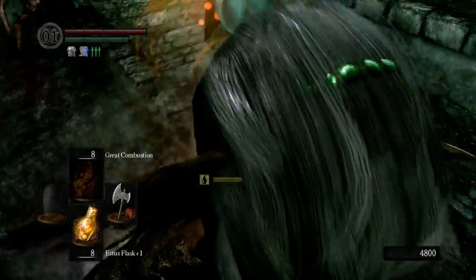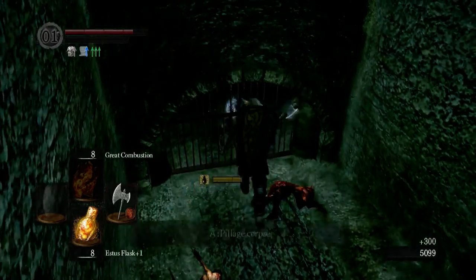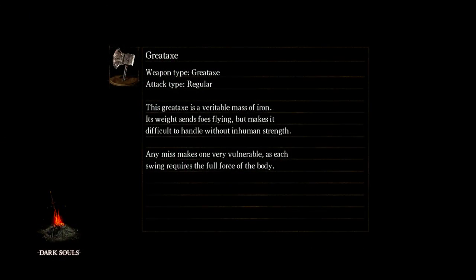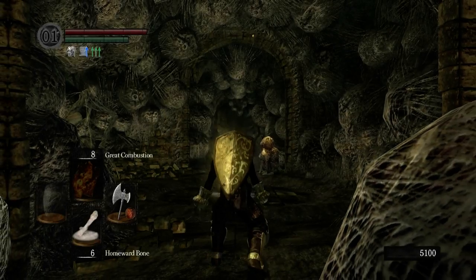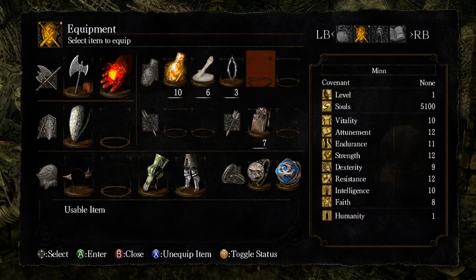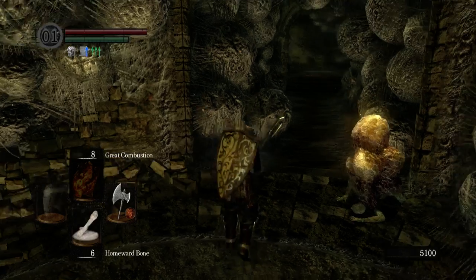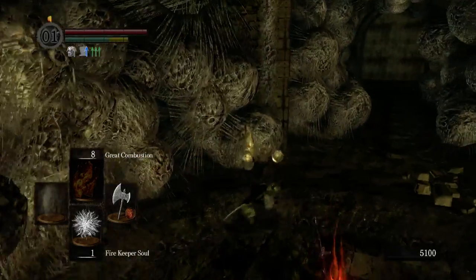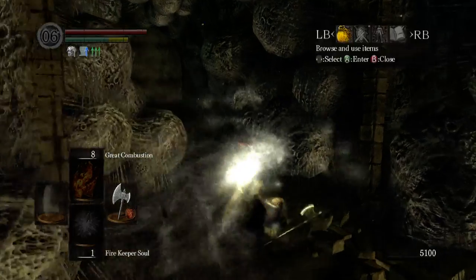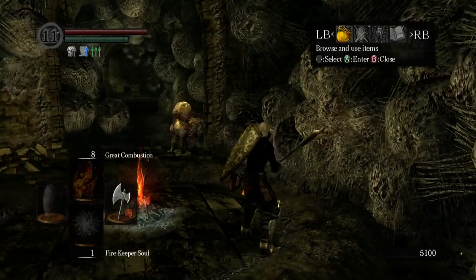Okay, so get ready, and then try a plunging attack. Then we just leave. Okay, so we got a Firekeeper Soul, which I'm going to use immediately to get us to 10 humanity. I had already said that this was something I planned on doing because I didn't want to farm humanity for 6 million years. So let's do that. So now our weapon...